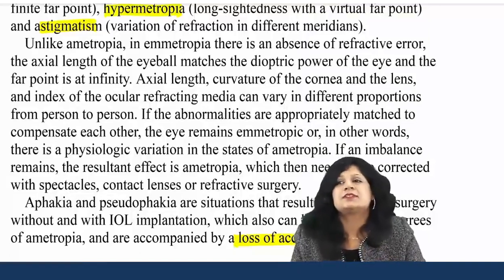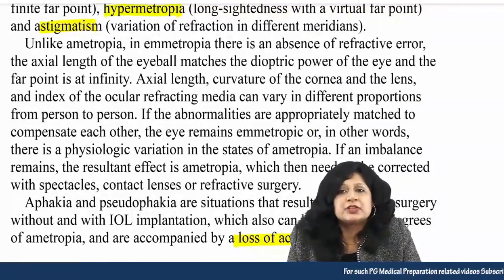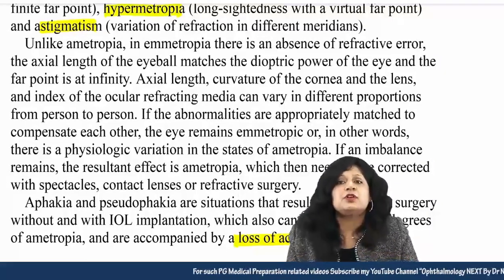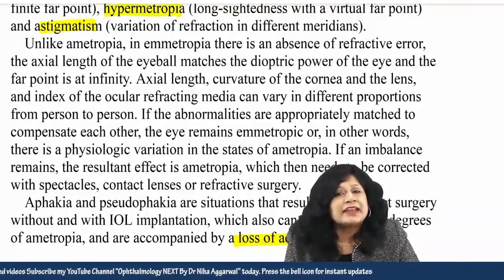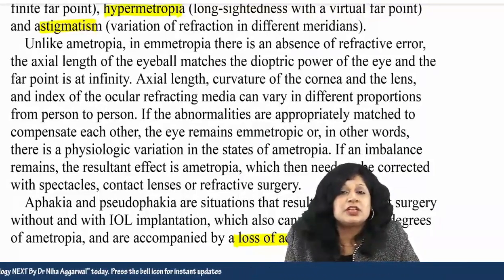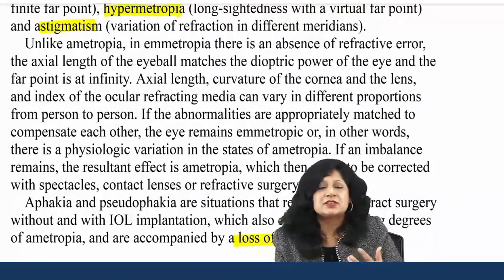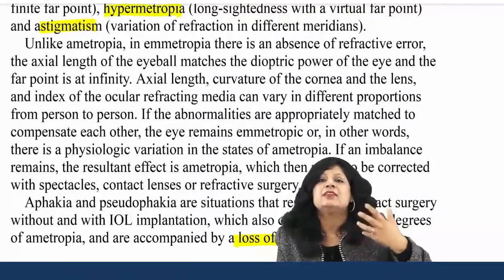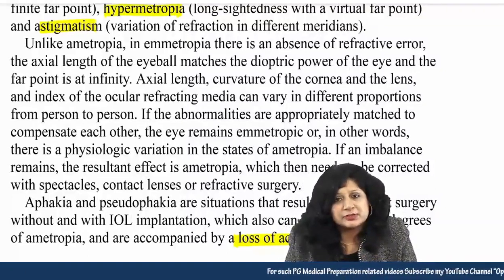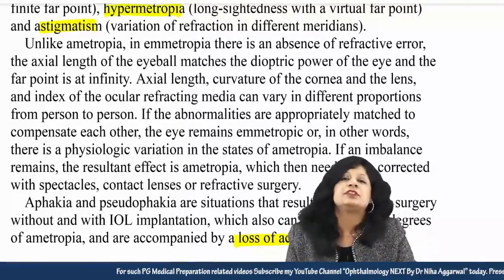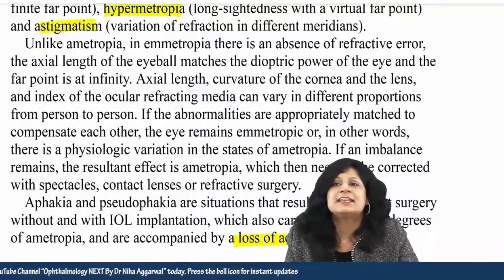So see how to approach this series. If you are a third year or pre-final student who has not read ophthalmology even once, it is better that you go through the notes first so that you have a concept, and then you read the Parsons with me, so that it will become easier for you to grasp the things. But if you have already read ophthalmology once and gone through the notes, then you can directly go for the Parsons series and keep on marking the Parsons along with me.